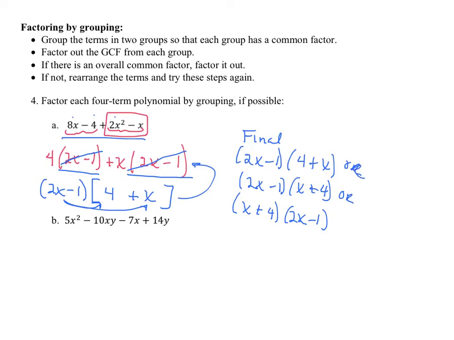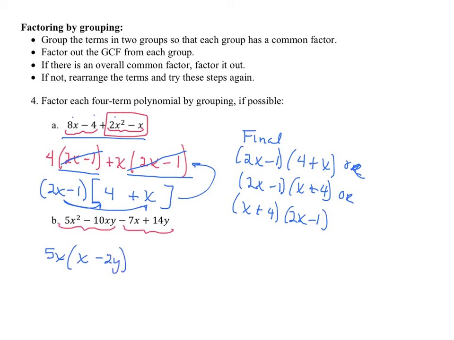Okay, next, let's try another grouping problem. So here we go. This first guy and this second guy. Now, how do I know to group? Well, sometimes the directions tell you to group, but you know to group when, among all of the terms, you can't find a common factor. All right, so this first one, I'm going to pull out a 5 and an x, and I'm going to be left with an x minus